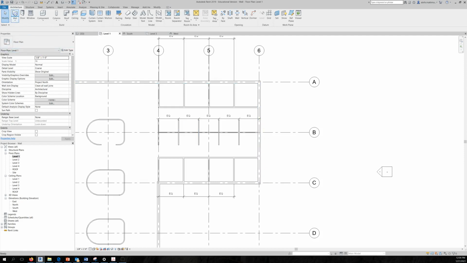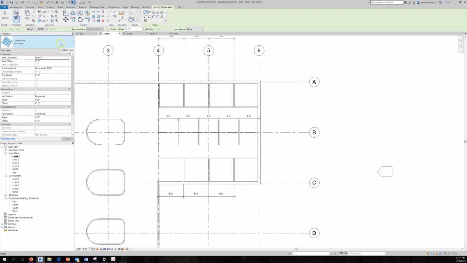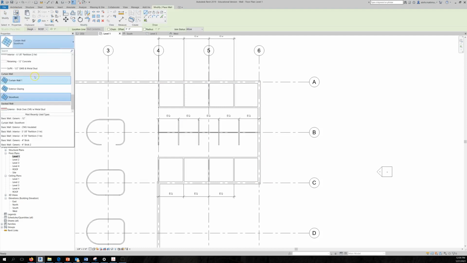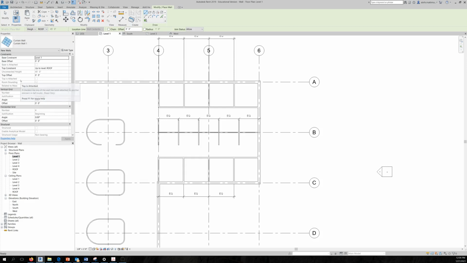So then you go back to wall. Let's use curtain wall 1 so I can show you something else. It's going from level 1 to roof. I already have a wall from level 1 to level 2. So let's change this one to go from level 2 to the roof. So then I'm going to go from this endpoint to this endpoint,